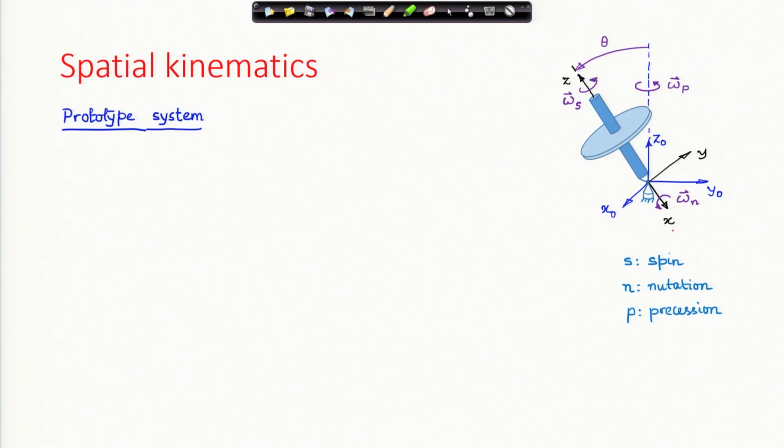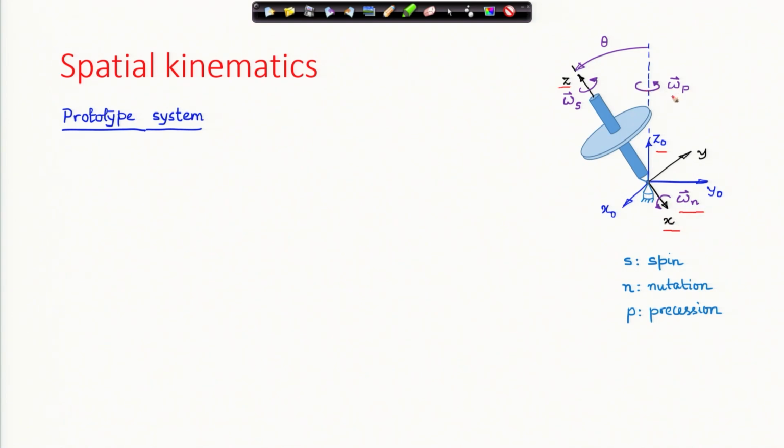Then we had discussed the construction of this x axis as a cross product of z naught and z, and the rotation of the frame about this x axis is the nutational angular velocity,